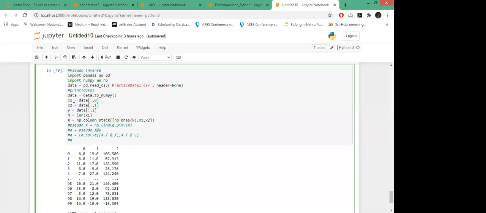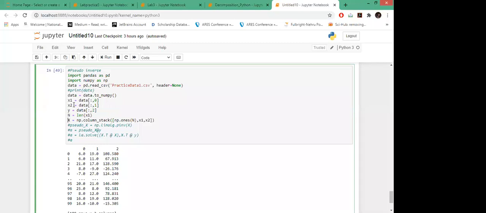So when you write it in the form of a linear regression problem, what you usually have is a plus b of x1 plus c of x2, and your aim is to find a, b, and c. These are your estimations which you need to work out. But your A matrix is not a square matrix, so it's not invertible.